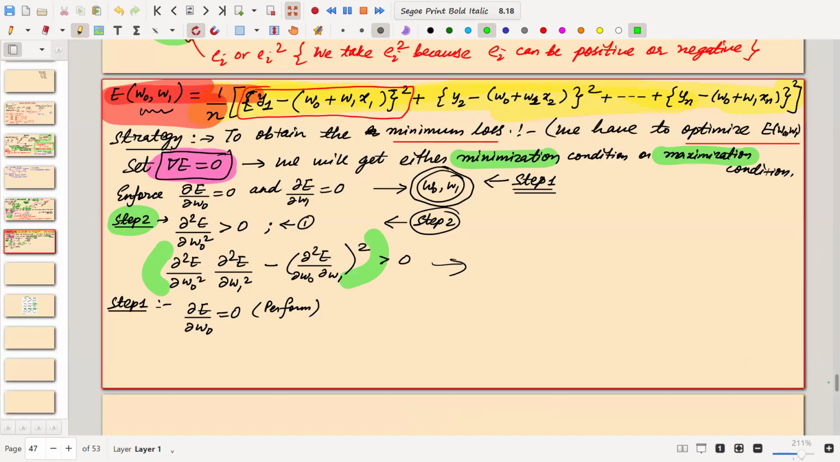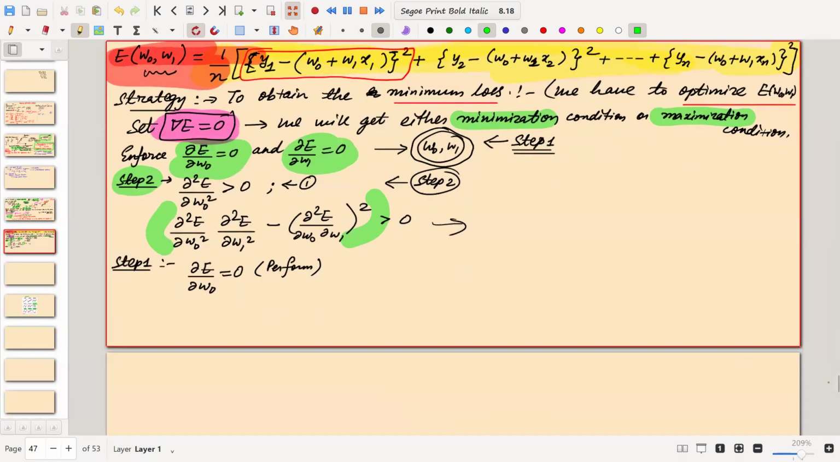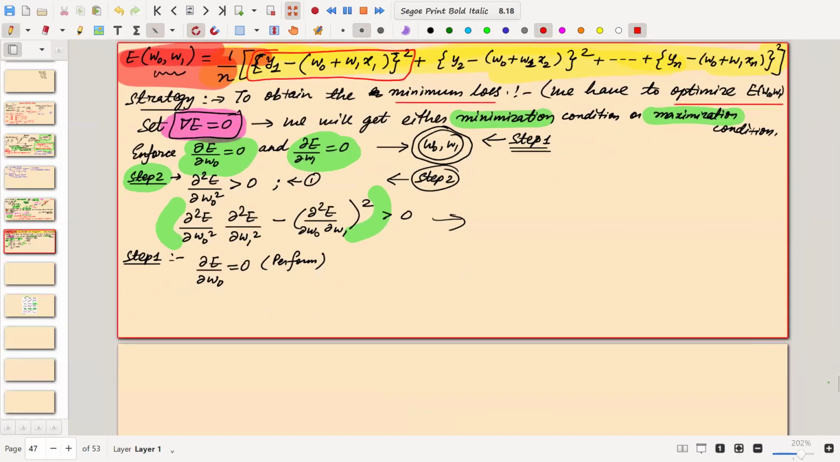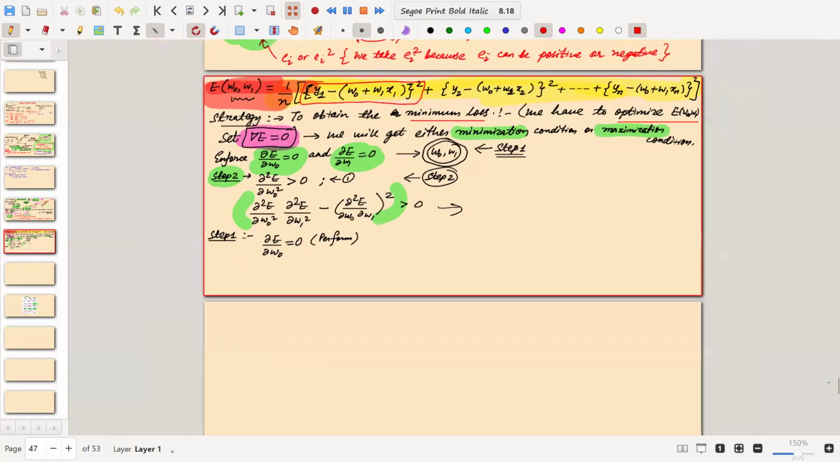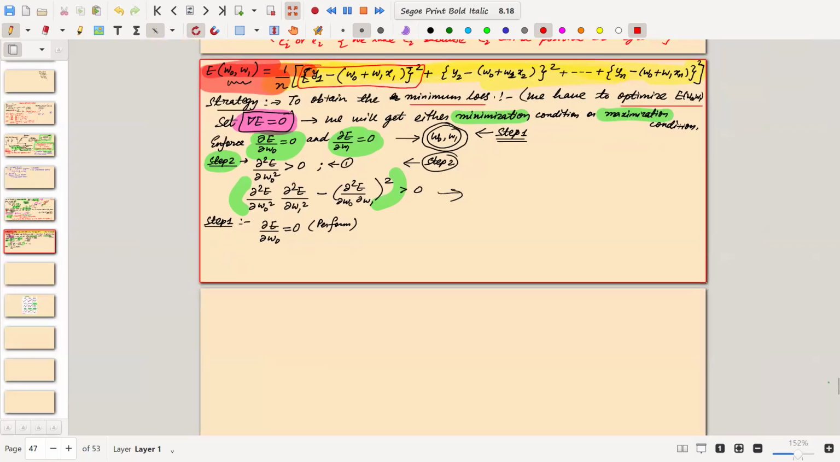So now can we start performing dou E by dou W0? We have not yet found what this gives us. Can we find it now? Dou E by dou W0. Can we start? I hope all of you have written down in your notebooks. So dou E by dou W0 equal to 0, equal to,